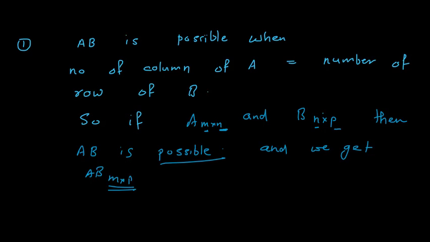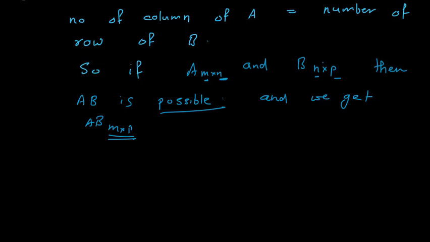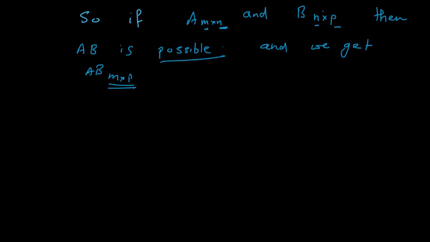Okay, so order is very important. Here we cannot find B cross A, because when we say B cross A, then the number of columns of the first matrix will be P and the number of rows of the second matrix will be M, and they are not equal, so B cross A is not possible. So for multiplication of two matrices, it is very important that the number of columns of the first should be equal to the number of rows of the second, and then